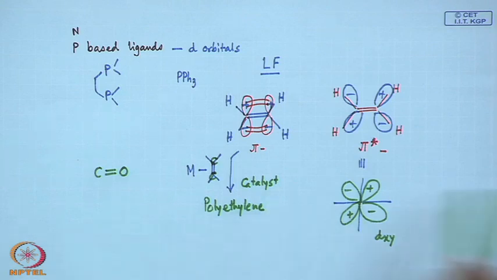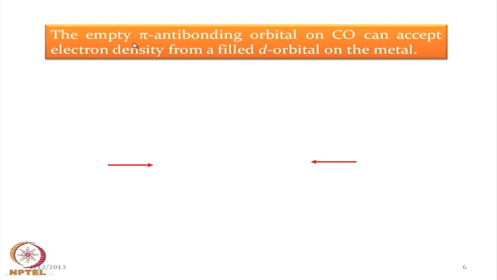Similarly, the CO molecule can also be treated in a similar fashion, where the pi star orbital of the CO molecule, that we all know from our early days, how we construct the corresponding molecular orbital of the carbon monoxide molecule. It involves the corresponding atomic orbitals of carbon and oxygen. So, we have no electron in the corresponding pi star level of the carbon monoxide molecular orbital. So, if that pi star orbital is available to accept the electron density from the filled d orbitals of the